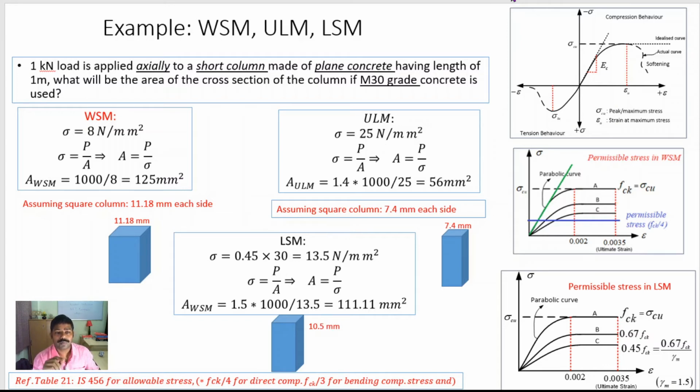Unless you do some proper study on the particular concrete, you cannot be sure what the stress-strain pattern will be. So this is the dangerous part of the ultimate load method, because concrete is inhomogeneous in nature and various factors influence the strain of the concrete. The strain is also a function of the stress, so if there is some slight change in the stress value, the concrete may follow a different path.